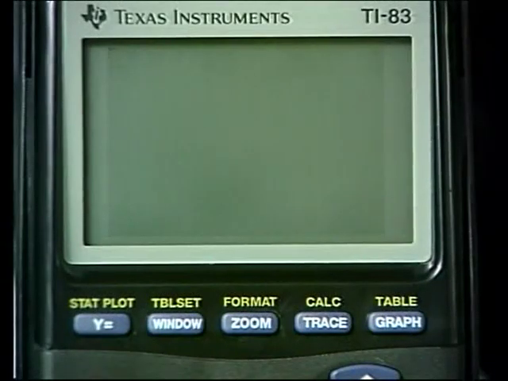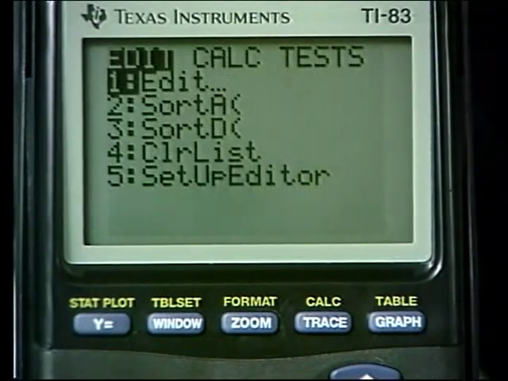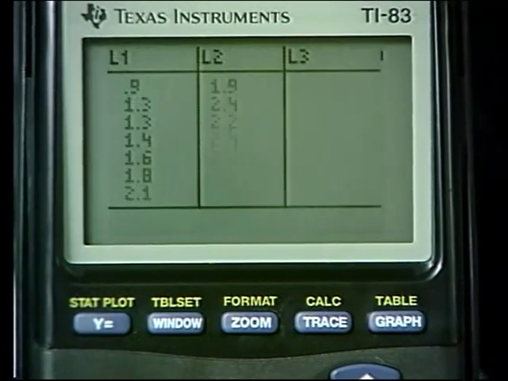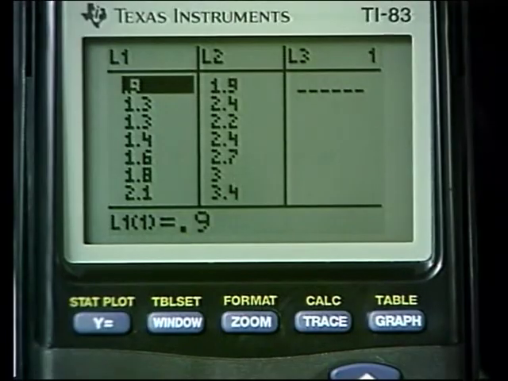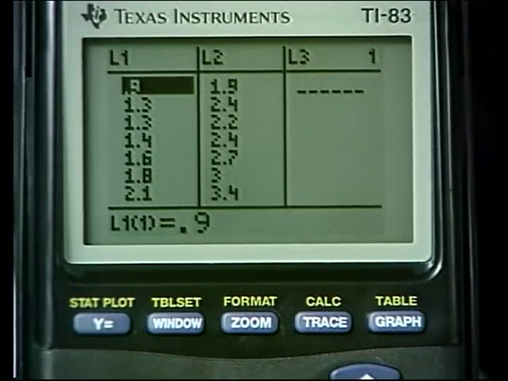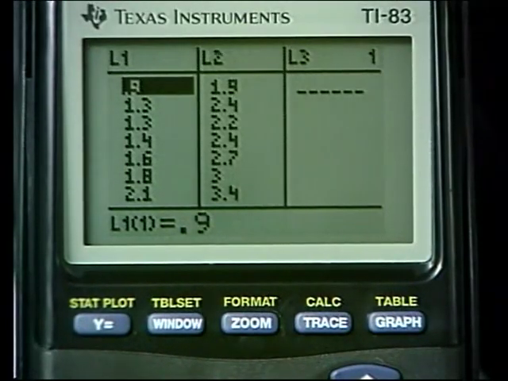To enter the data, we press Stat and then Enter. Now, notice the little 1 is highlighted there for edit, so pressing Enter, and you'll notice that I've already entered the information. Let me show you how each item is entered. If I want to take this 0.9 and change it to 1.6, I would enter